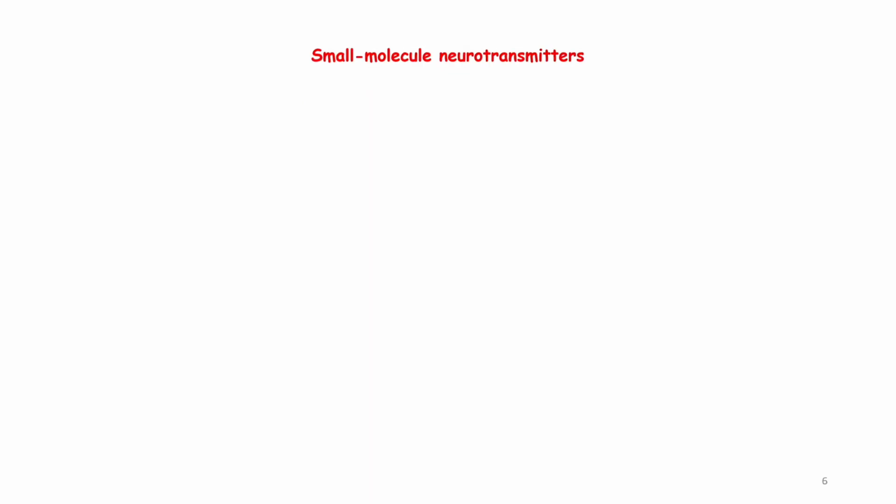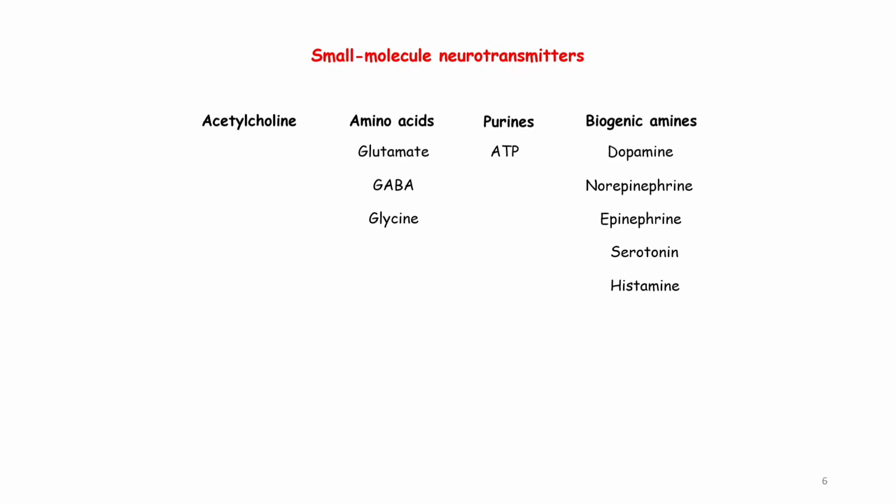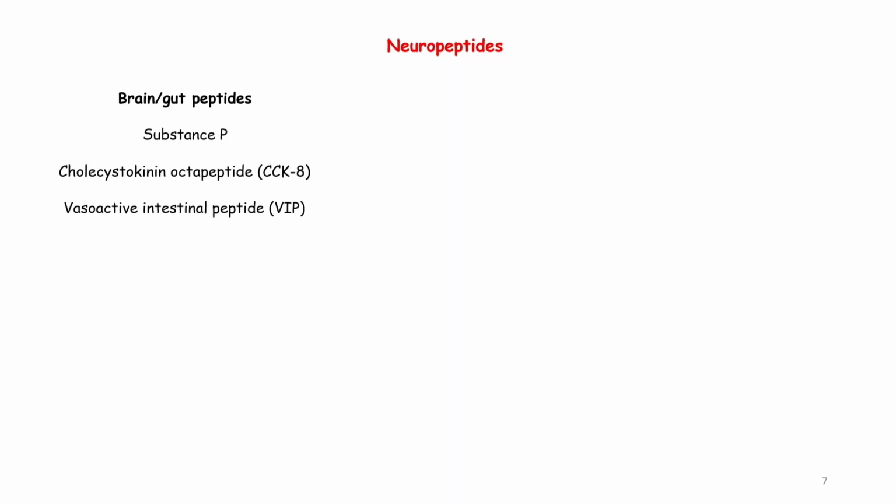Under small molecule neurotransmitters, there is acetylcholine, amino acids like glutamate, gamma aminobutyric acid or GABA, glycine, purines like ATP, and biogenic amines like dopamine, norepinephrine, epinephrine, serotonin, and histamine. These are all neurotransmitters. Under neuropeptides, there are brain-gut peptides like substance P, cholecystokinin octapeptide, CCK8, vasoactive intestinal peptide or